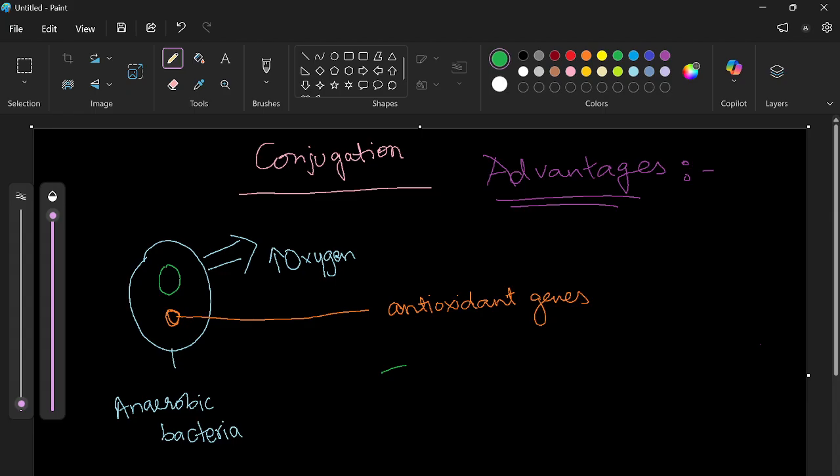So basically, I'm talking about the advantages, okay, of the plasmids and conjugation thus, as well as the cell can also be conjugated to another bacteria, and it can transfer these antioxidant genes to that bacteria again, which will be helpful for that bacteria. So plasmids,